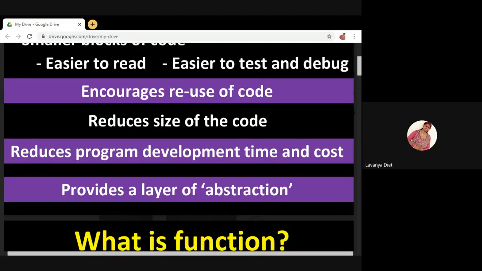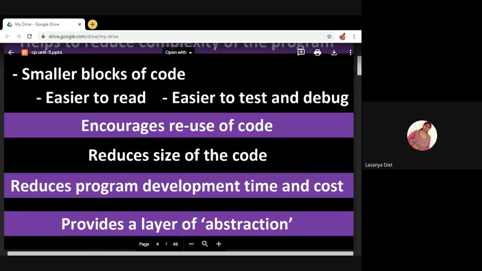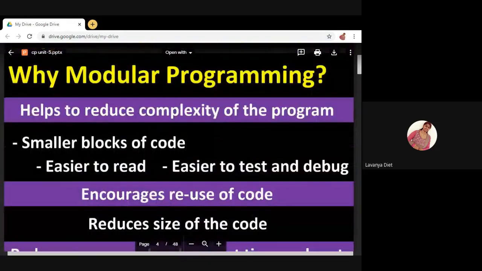Malloc is a function which is used for dynamic memory allocation. You are using that function only. You don't know how that function is implemented or what code is present inside the function. You are using only the malloc function. This is called abstraction, referring only to the necessary details and hiding the implementation details, like the code inside the function. This is the use of functions, or modular programming.